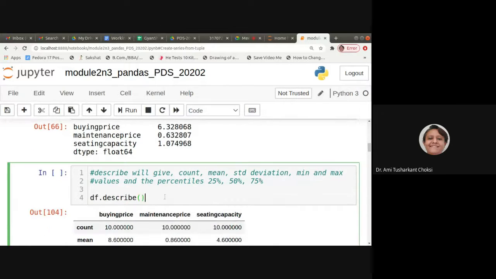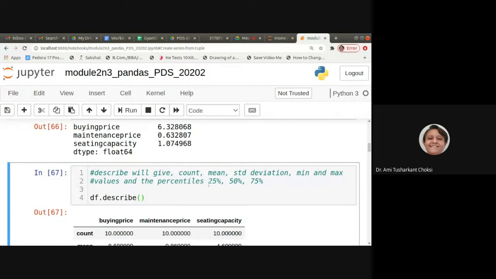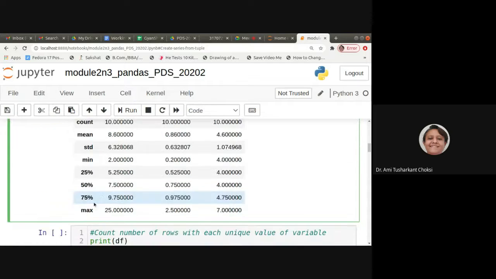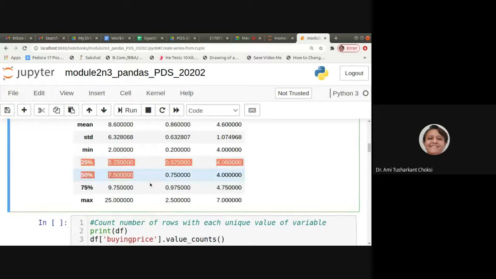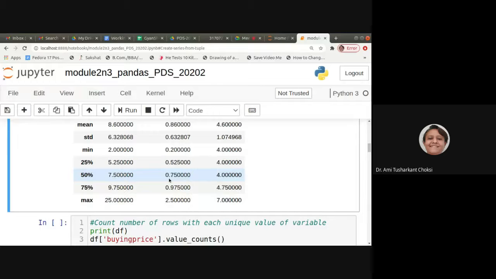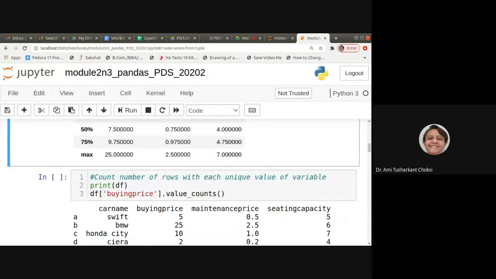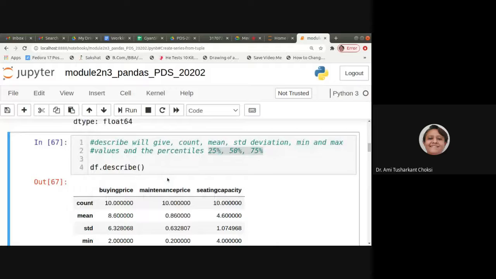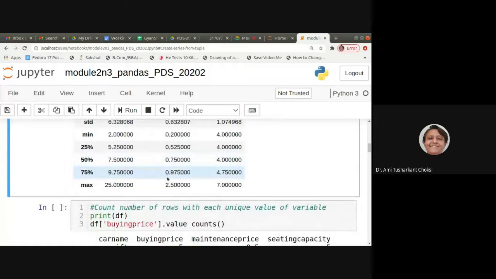For describe, typically we had the 25 percentile, 50 percentile, and 75 percentile of the data. That's what we have here. This we can get using the quantile function, which I showed you before.